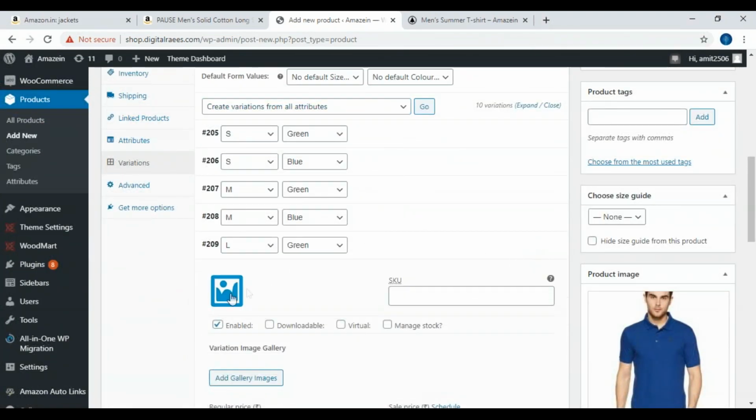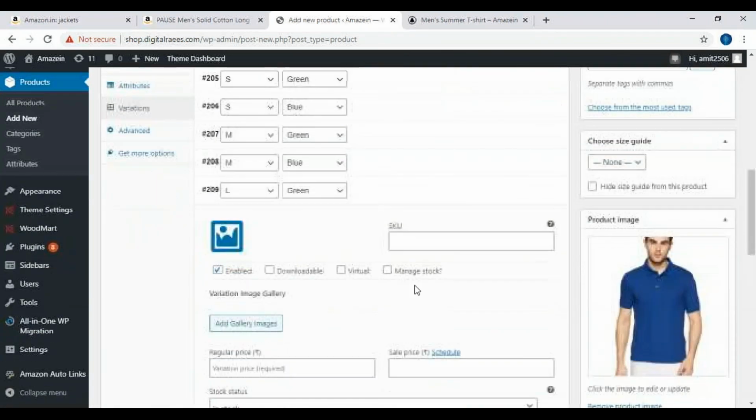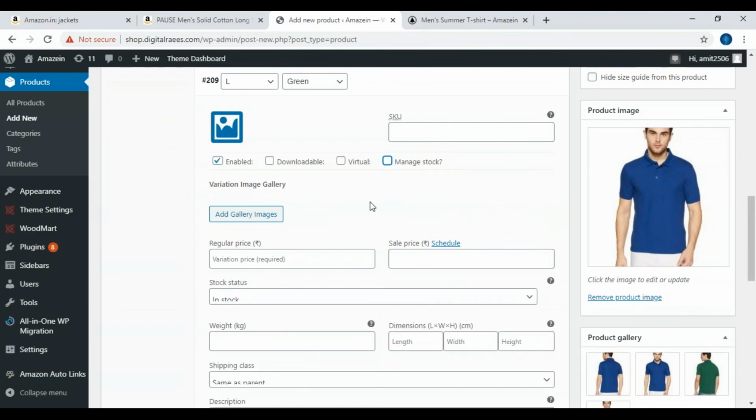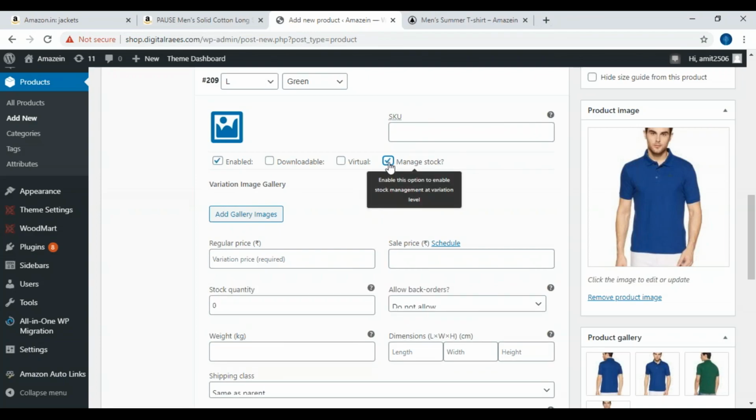In each variation you have to click, you have to upload image, you have to give SKU, you have to manage stock, you have to give the pricing, and you have to give the stock. Or else if you are not managing the stock, it is going to come as out of stock on the shop page. Or else if it is showing that it is in stock, people can purchase unlimited t-shirts.